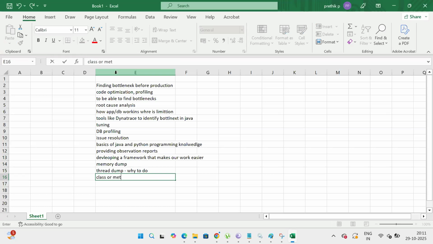Class or method level debugging. Okay, good.